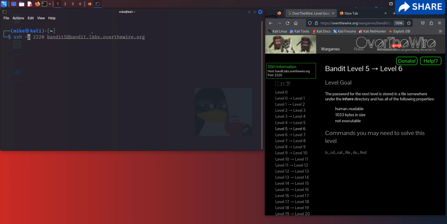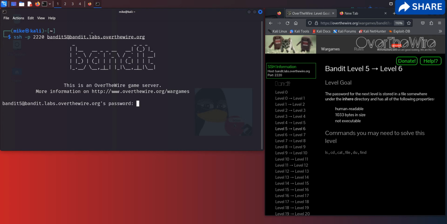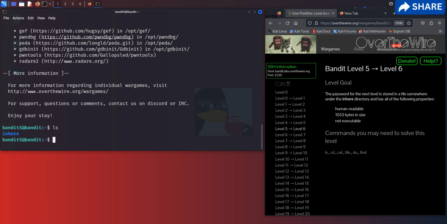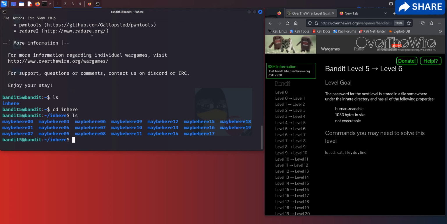So just like in the previous videos, we'll be logging into this machine or server via SSH, using port 2220, and we just input the password from the previous level, and now we're in. We list the directory, and we see that there's an inhere. Now after we've got into the inhere directory with the cd command, we can see that there's a total